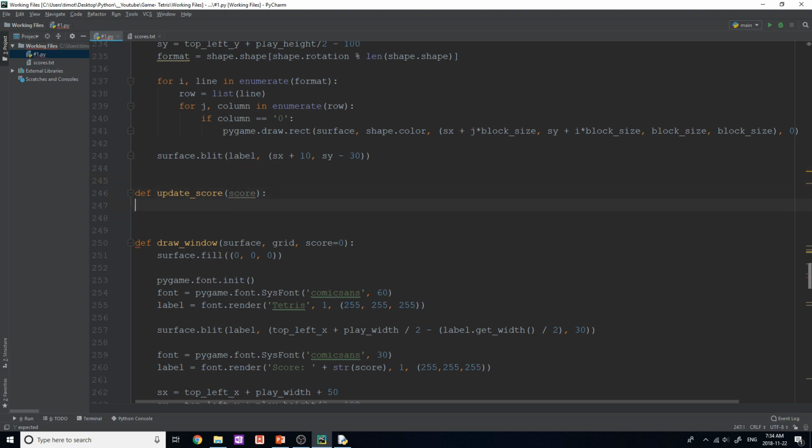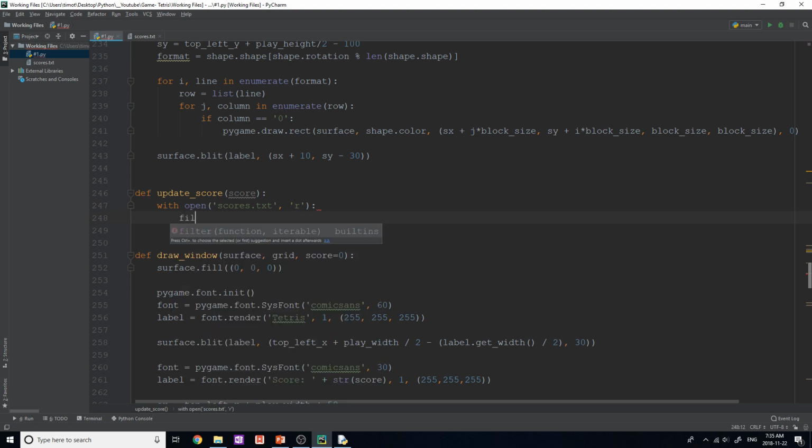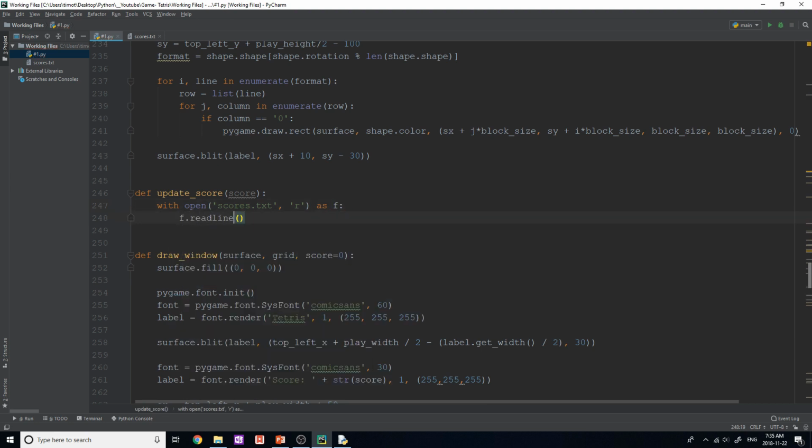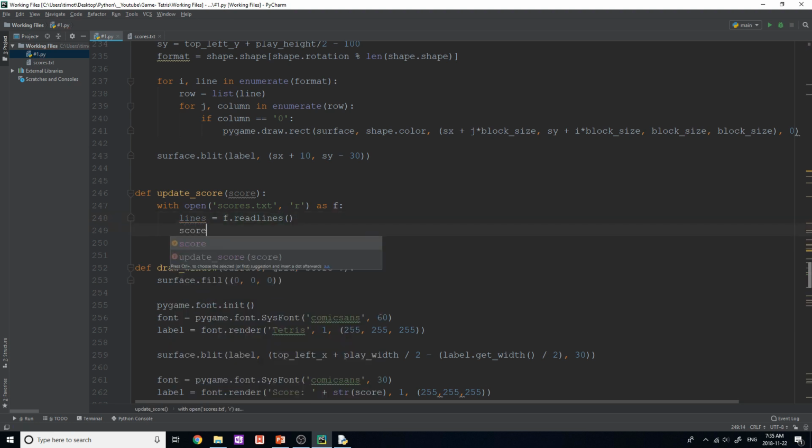Now in here, I'm going to say with open, and this is how we're going to open our text file and update the display: with open scores.txt in r, so in read mode, and this actually needs to be in quotation marks as well. We're going to do this as f, sorry, and I say f.readlines like this, okay, so lines is equal to f.readlines. That means our score is going to be the first line, so score is equal to lines[0],